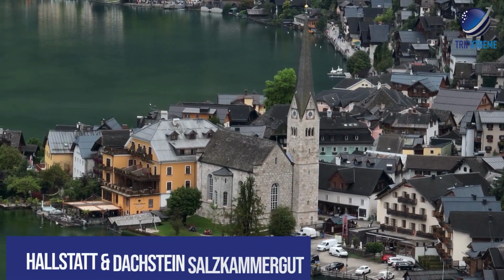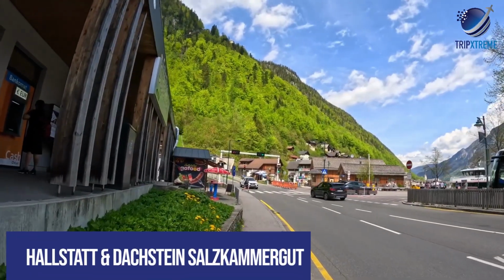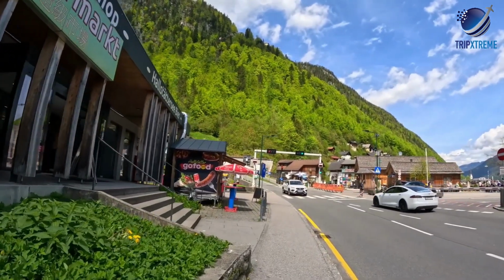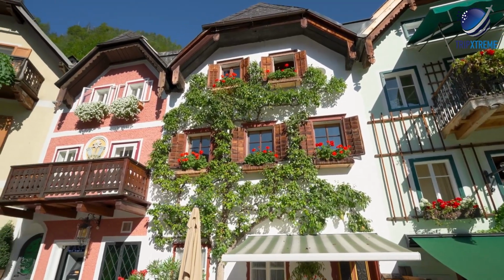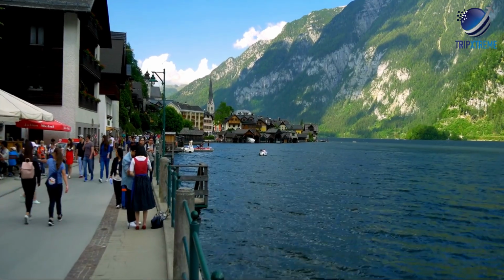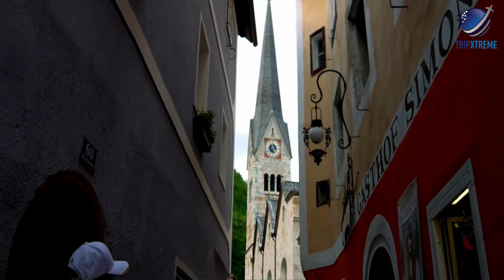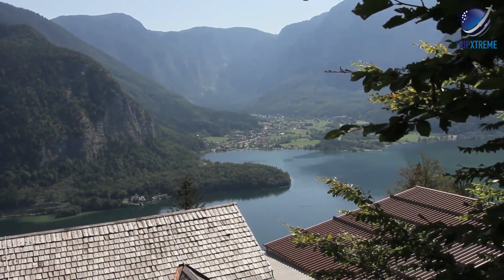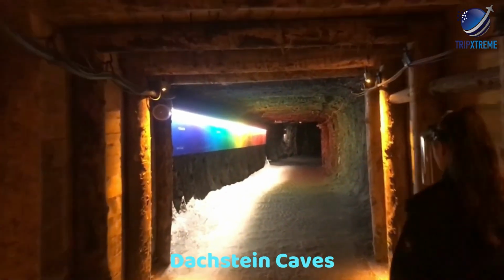At 7, Hallstatt and the Dachstein Salzkammergut. Hallstatt is undoubtedly one of the most picturesque small towns in Austria, if not Europe. It's also a good place from which to explore the spectacular Dachstein Salzkammergut region, a UNESCO World Heritage Site. The beautiful Baroque architecture testifies to Hallstatt's wealth, which is based on its long history of salt production from prehistoric times. You can also visit the underground salt lake in the nearby Hallstatt salt mine cavern, or explore the Dachstein caves, one